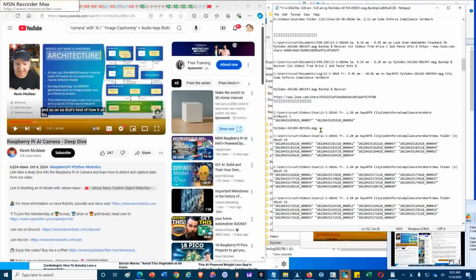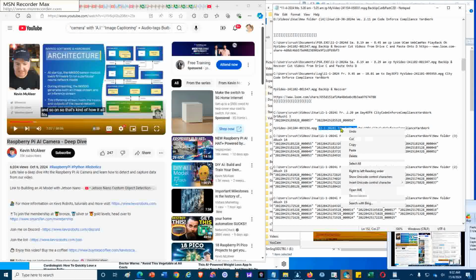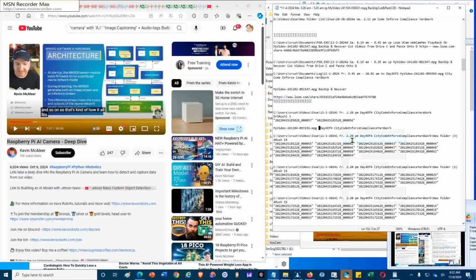So I'm going to copy it from here. This will be day 505. Control V, and we'll have to put the date and time in the front. Cut, place it in the front,